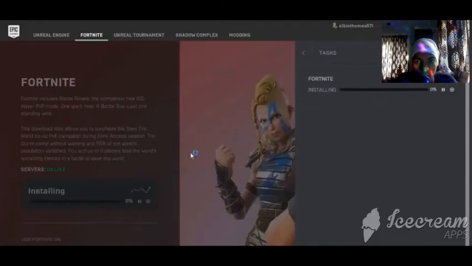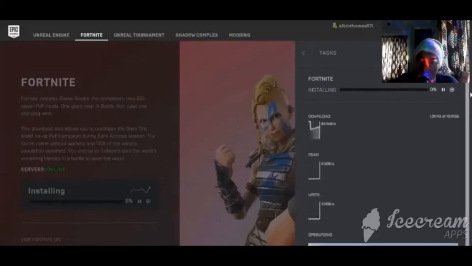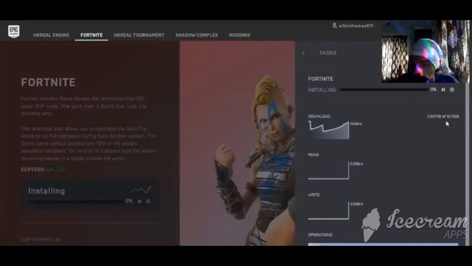It shows that it is installing. You can also see the download speed of your internet connection, and you can see here that it is 2 MBs of 10.9 GBs. You can install the full game by using this method.